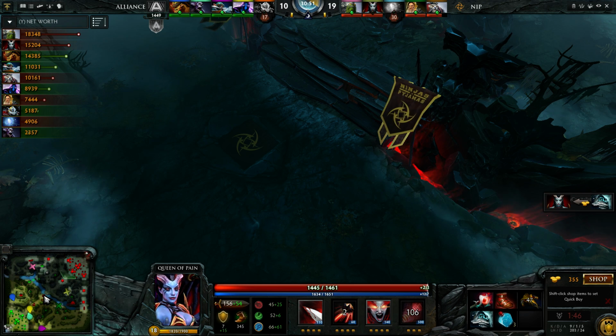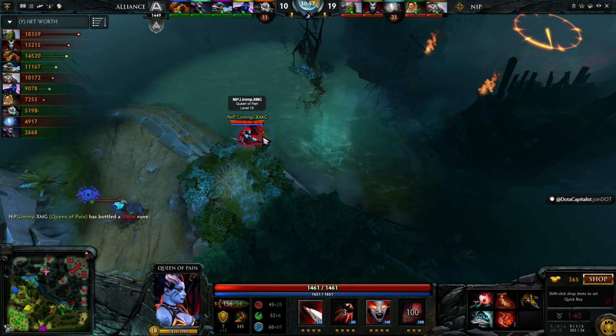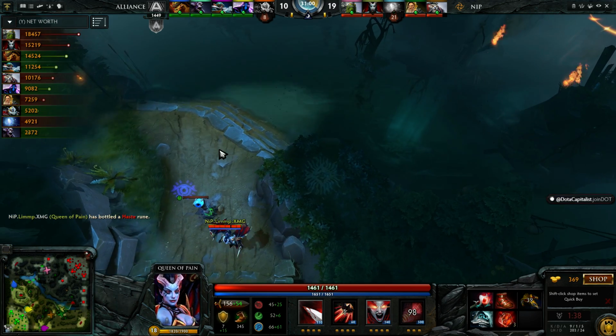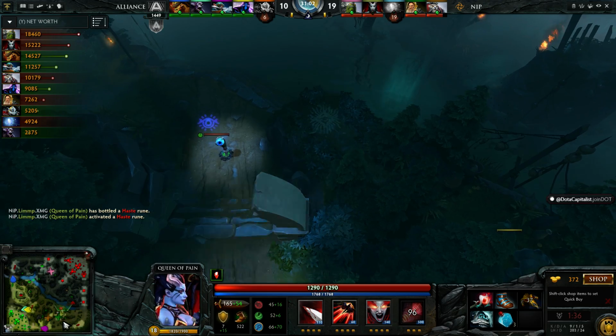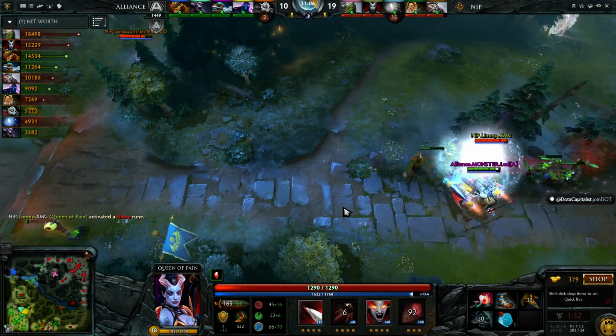But for NiP, we both thought they were going to go back to base. And all of a sudden, they're at the tier 3 tower, bottom lane, knocking at their door. It's really heads-up play from NiP. And, well, I haven't got to look at all the items in effect yet, but looking at this Tusk...